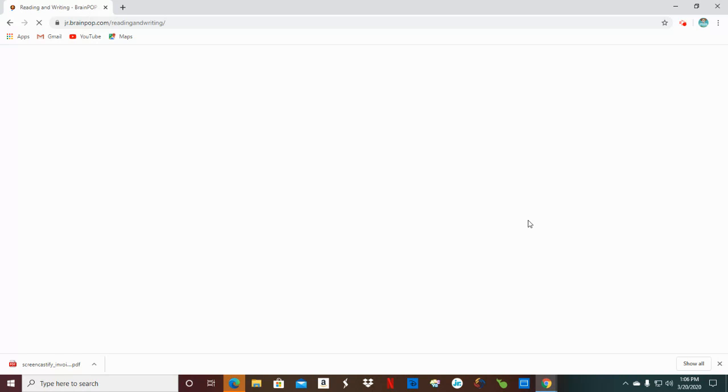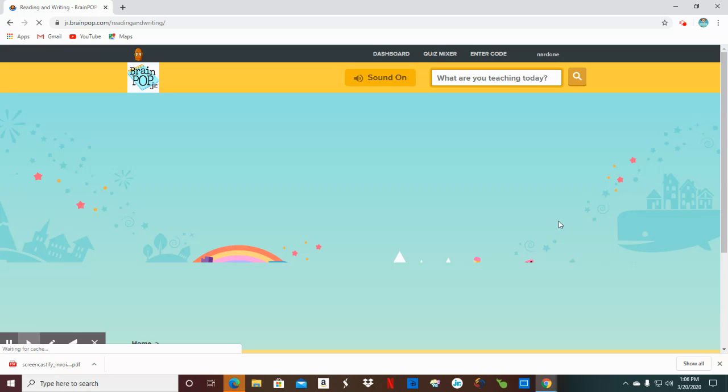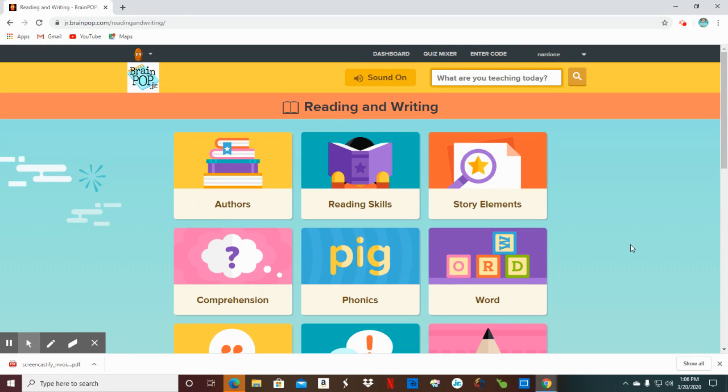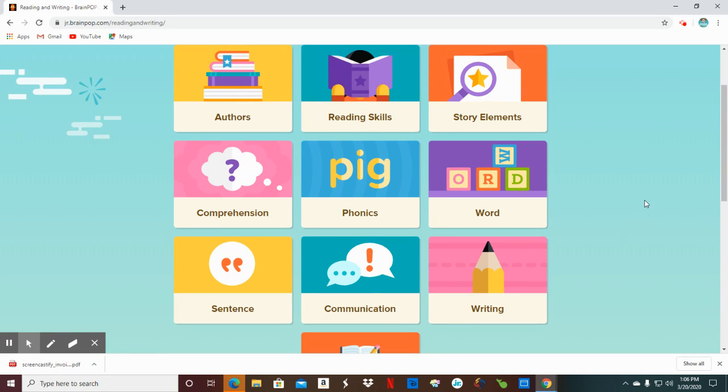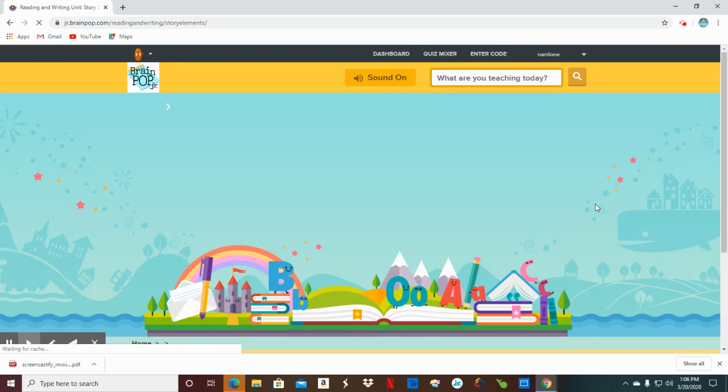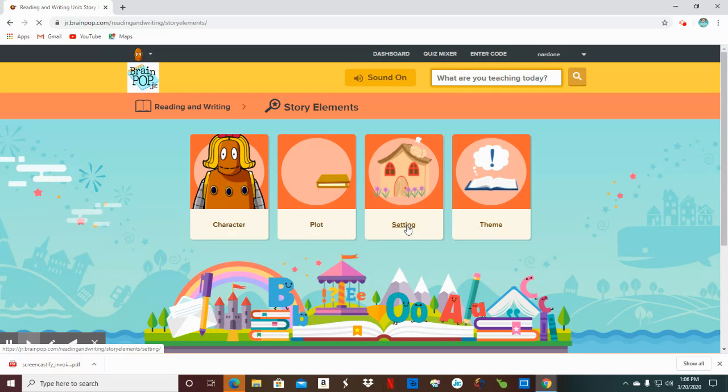Okay, so let's say I want to do story elements. Once I go to that category, there's all kinds of little subcategories under there. Character, plot, setting, theme. So let's do setting. And once we do the setting, it's going to come up with the movie, and then under here, you're going to see all these different things